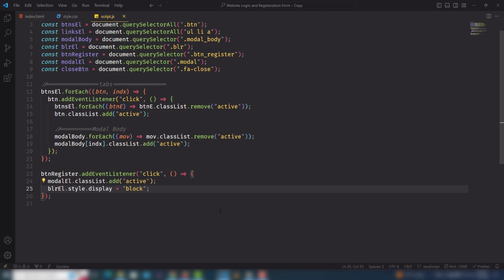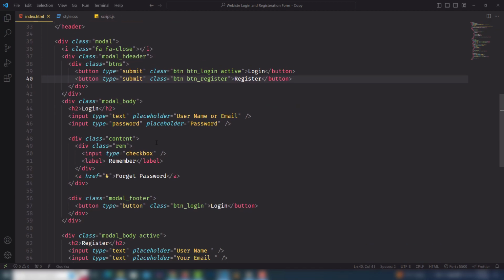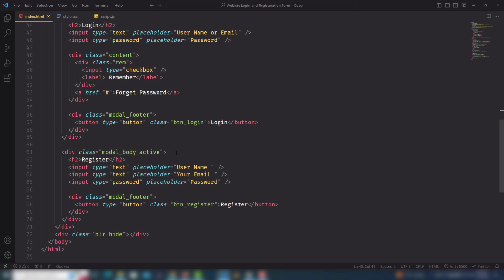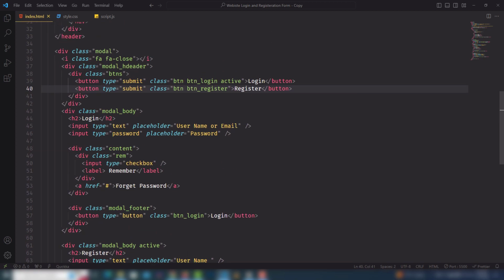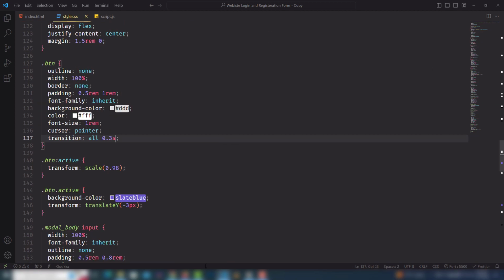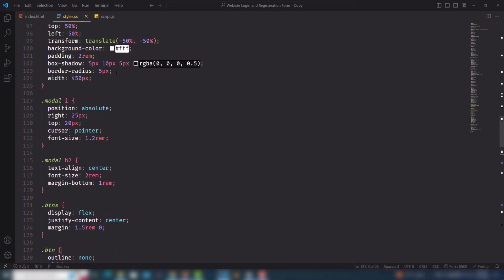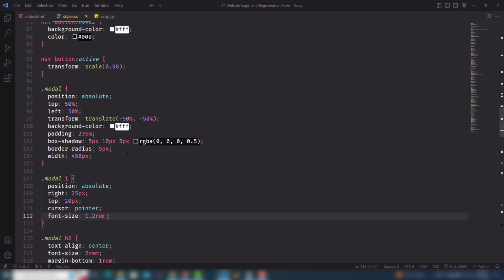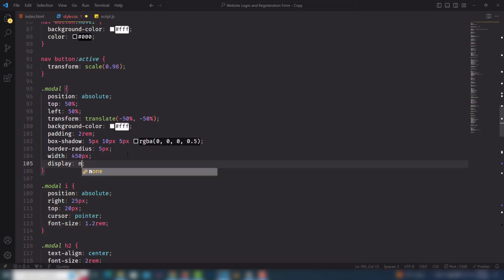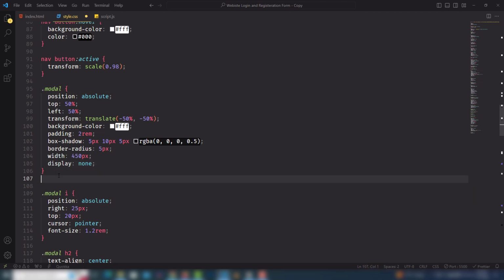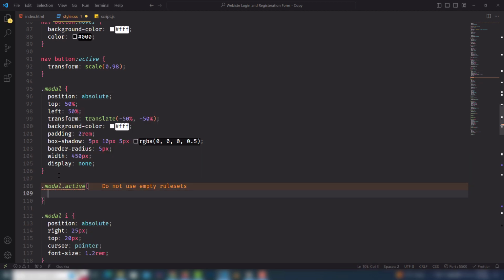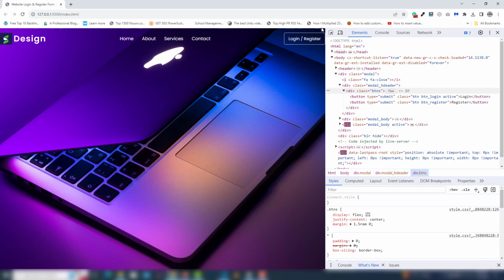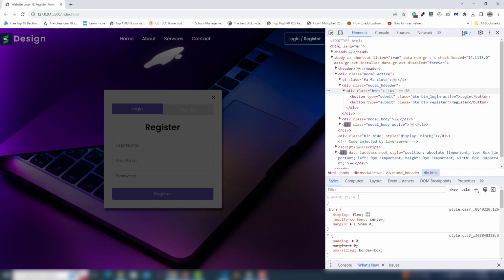Block. So we need to save it, and by default I need to hide the model. First we need to save. I need to check that. This is the model, so I'm going to set display none. When the class is active, then I need to use display block. So we need to save and click on that. Right now, as you can see,